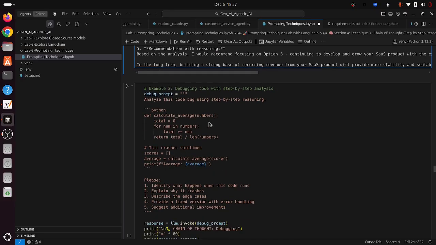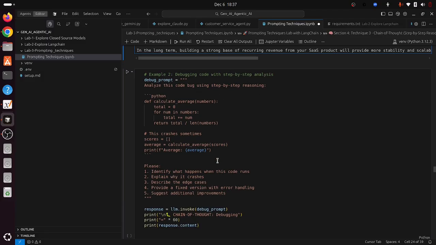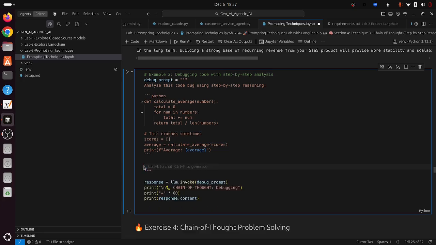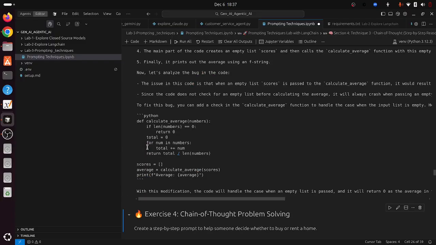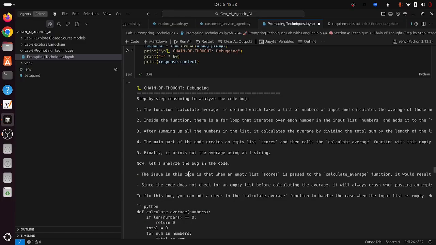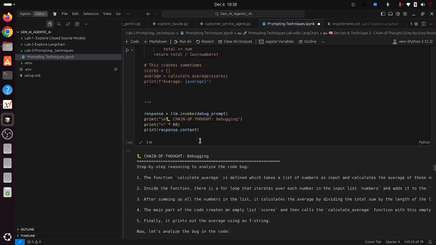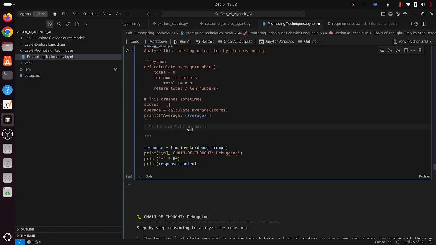One more example you can see. Imagine you want the LLM to analyze your code step by step. Again, same thing. I'm just giving some code, but I'm asking it to follow this exact procedure when analyzing the code. Again, you can just try to remove the framework and experiment with this. If I remove it, it will just give whatever its own knowledge provides. You can see it is giving a lot of steps and it is not following my framework, but in my case I want it to follow these exact steps.